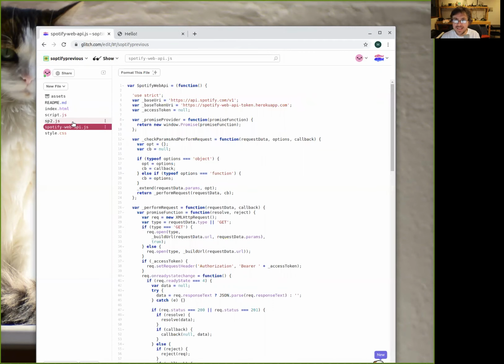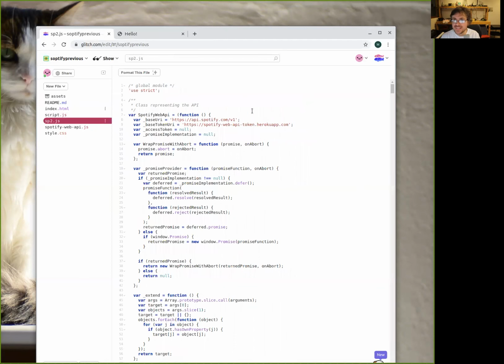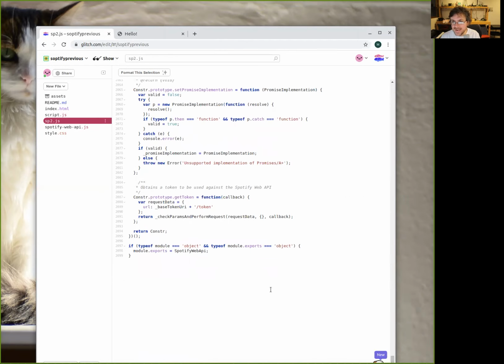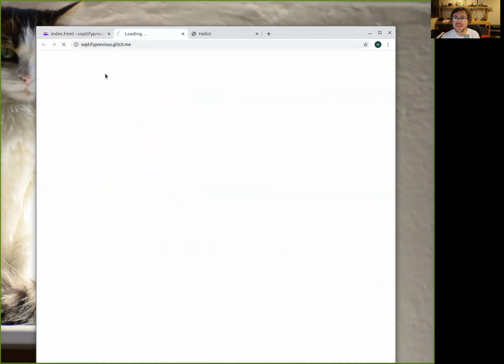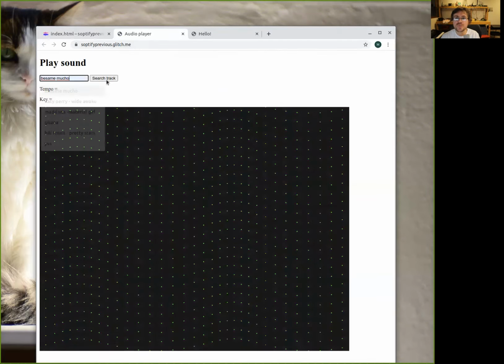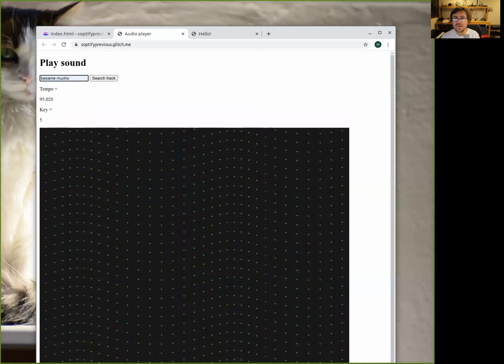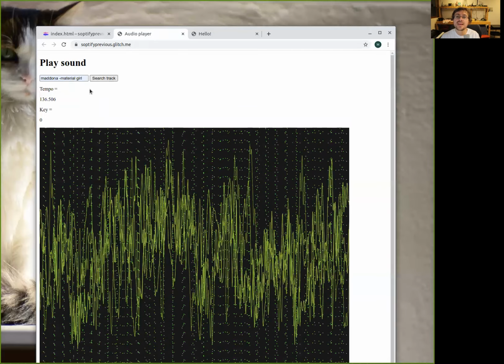And then this is the new version, where I just took what this developer had created in his first version. And I added the function get token that he removed from the previous one. With that small change, now we can use the new version, the new library. It's working on this one. Okay, Madonna Material Gear, and then it works.